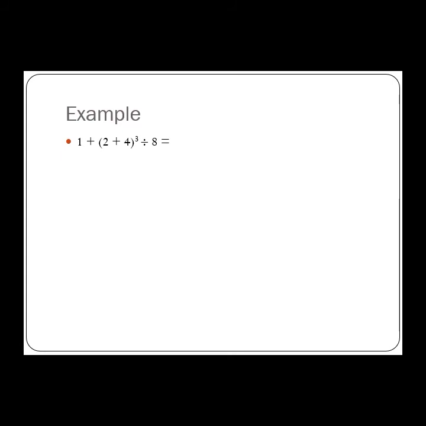We have parentheses. Have to deal with those first. Then we have exponents. 6 cubed may not be something you know off the top of your head. 6 times 6 is 36. 6 times 2 is 18, 19, 20, 21. So we get 216